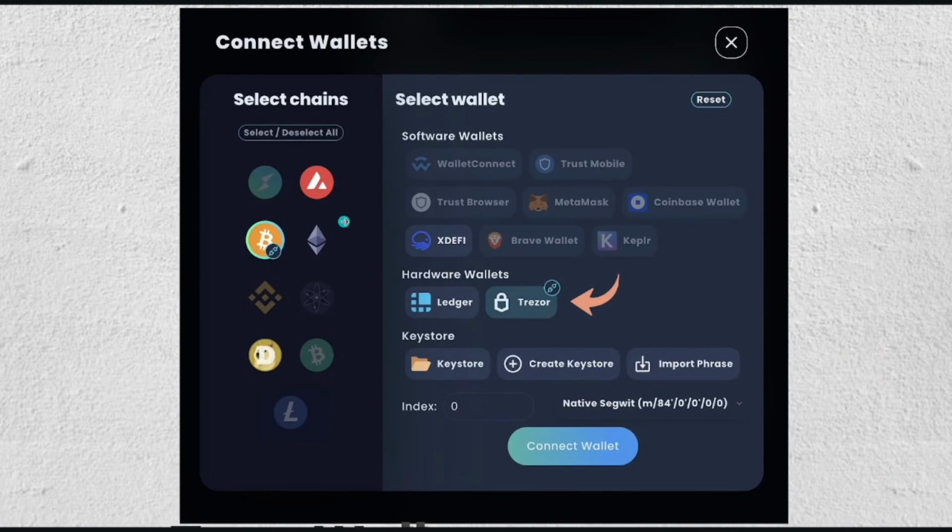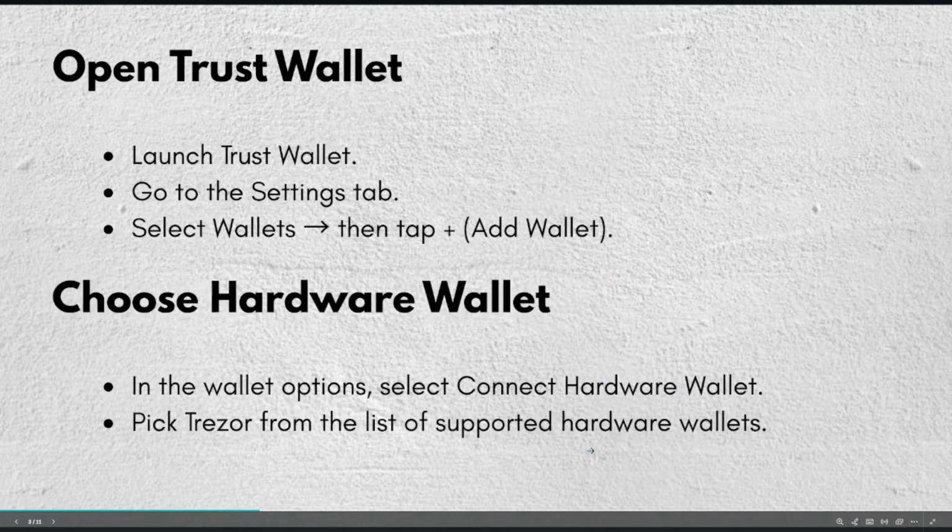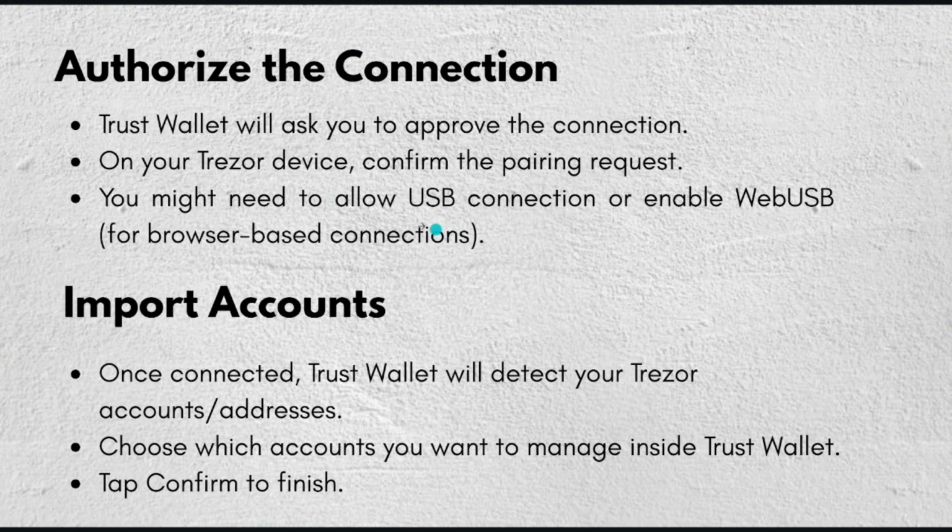So it looks something like this. Here you have the hardware wallets, and then tap on the Trezor one and tap on Connect Wallet. After that, go ahead and authorize the connection. So Trust Wallet will ask you to approve the connection. So on your Trezor device, you just have to